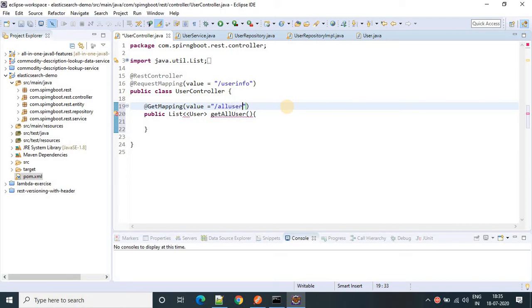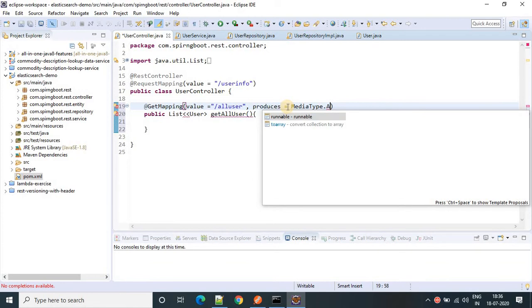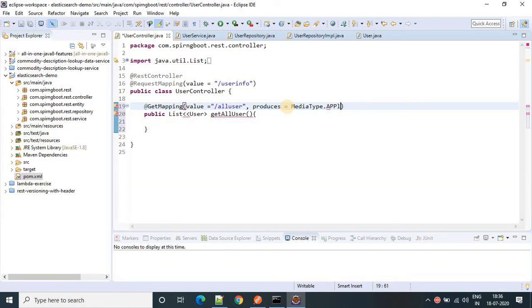Okay. Now what next? We have to tell that produces equals MediaType.APPLICATION_JSON_VALUE.